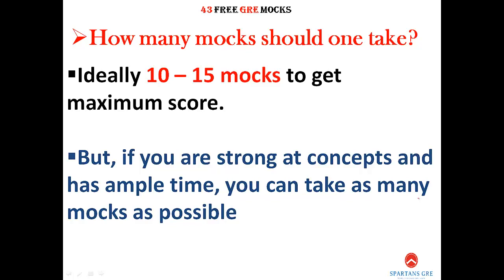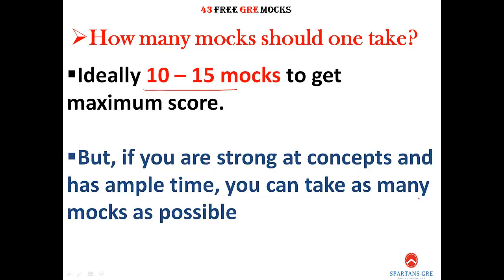So to make sure you get very comfortable with such time, you should be giving at least 10 to 15 mocks before you go for your real exam. Once you are done with these 15 mocks, then you'll be very confident. First thing is you will get a lot of confidence. Second thing is you'll feel pretty much as a normal day. The final day, the D-Day, will not be haunting for you. You'll feel that day as normal as the normal days. Maintaining the cool is one of the important factors when you give your GRE exam. So if you're giving 10 to 15 mocks, then confidently you can take your exam without any strain and without struggling. That's why these mocks are important.